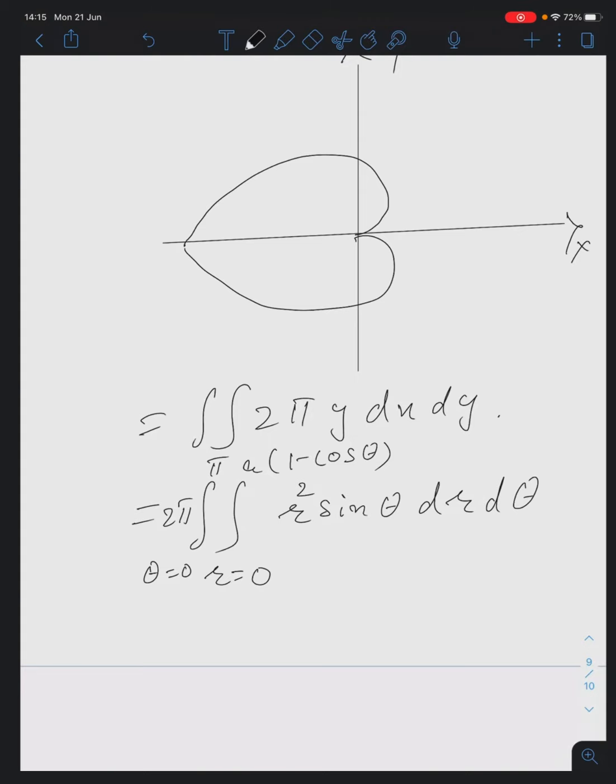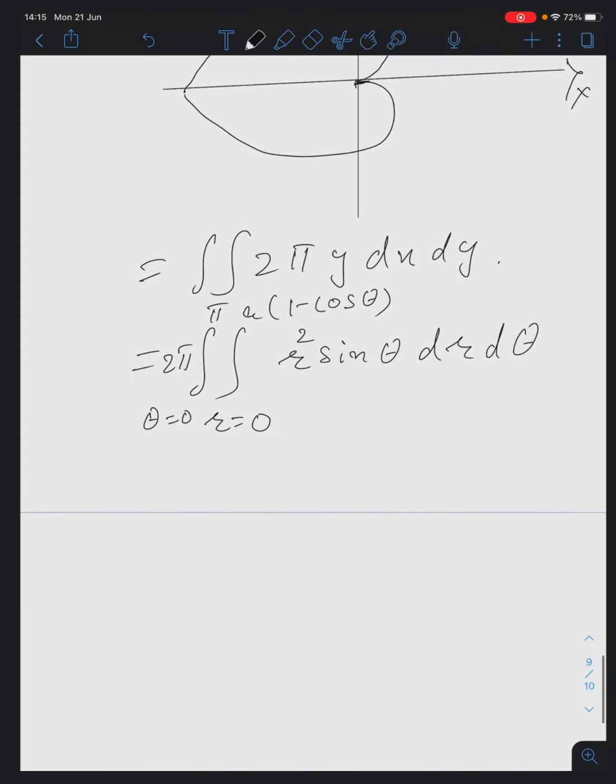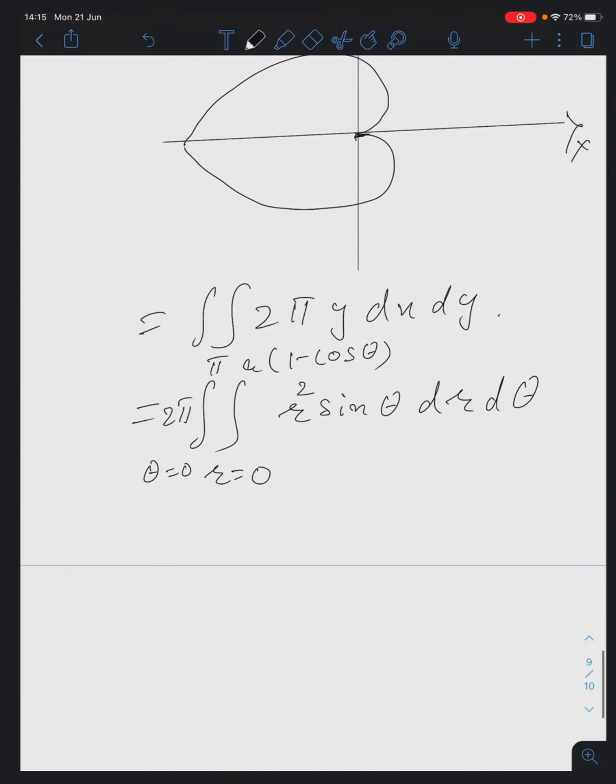You may say theta is equal to 0 to 2 pi, but for that only we have taken a 2 here. Instead of 0 to 2 pi, we have written 0 to pi and 2 is there already. So only we are rotating this part itself. When you rotate it in that direction, that will be 0 to pi. Got the answer? Solving it or not?